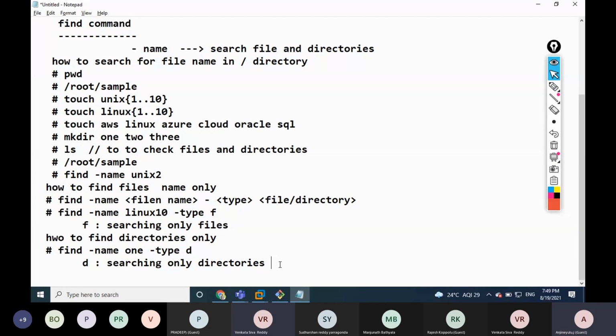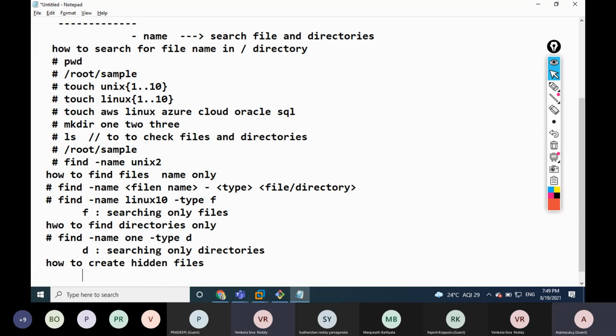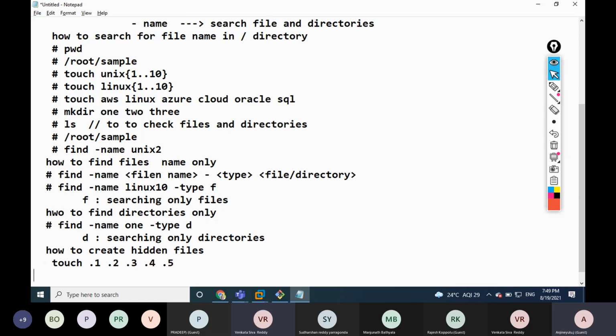So for example, here how to create hidden files? Very simple. Touch dot, then we can give dot 1, dot 2, dot 3, dot 4, dot 5, like that.